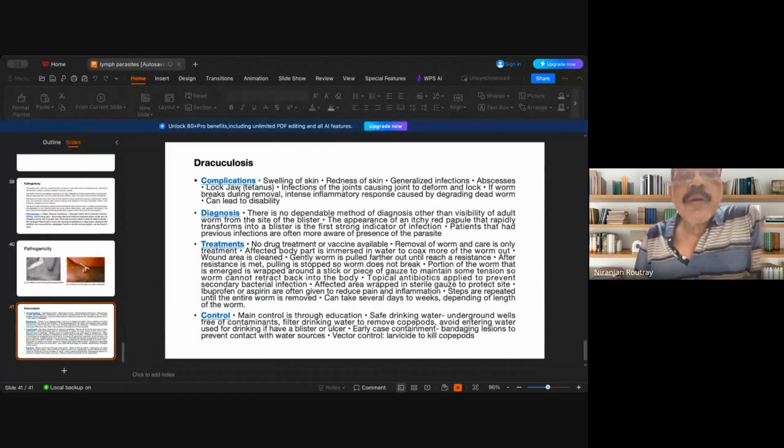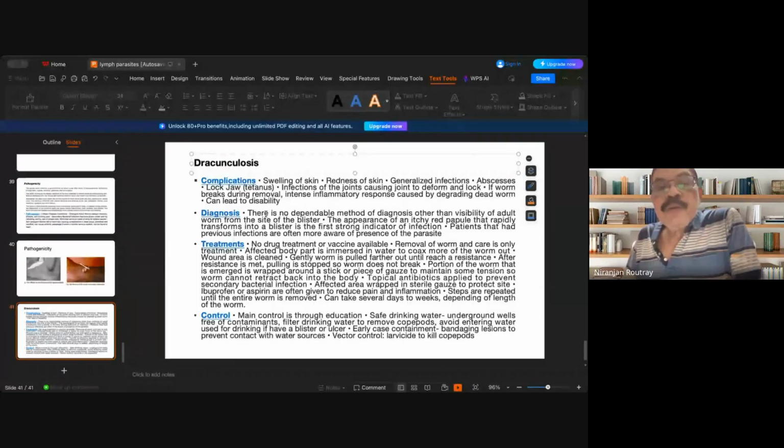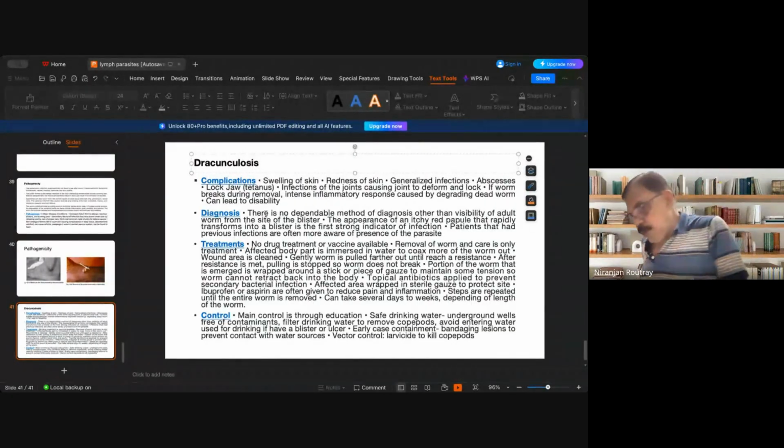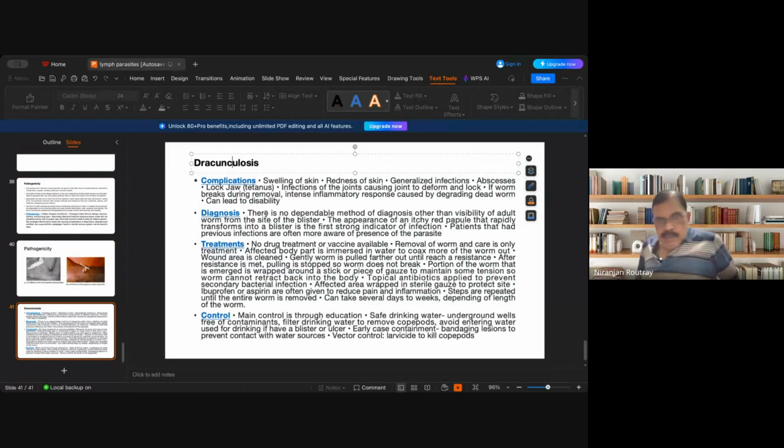Dracunculosis. And complications: swelling of skin, redness, generally. We have completed this, I think. So the control is through education. When everyone is aware that the copepods are responsible for the transfer of this parasite,